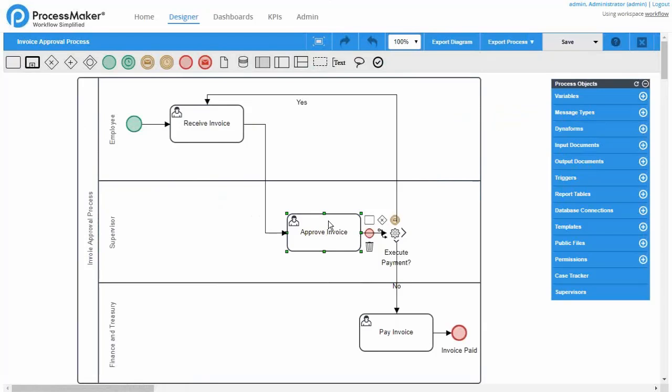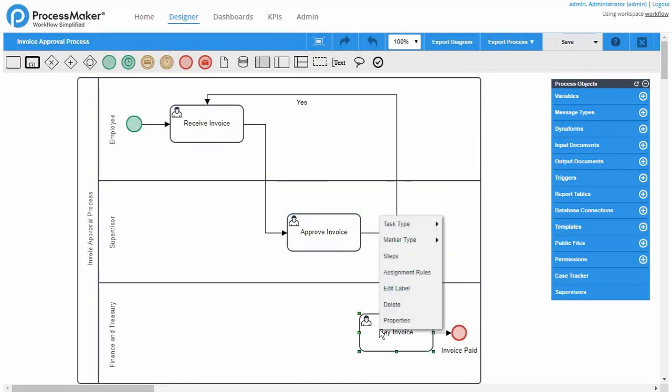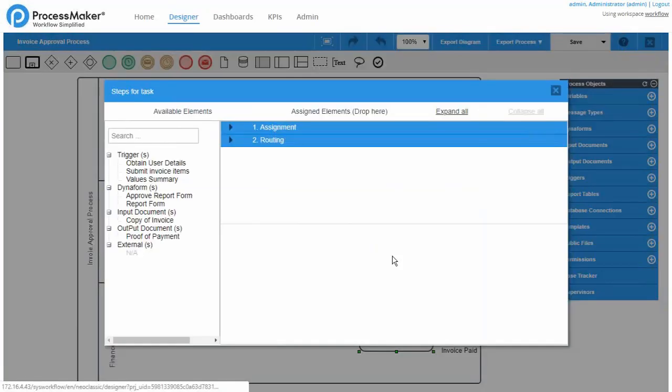It's just dragging and dropping, and we use the sequence of steps as an order of display. I'm going to select here the steps, and it is going to be the proof of payment,